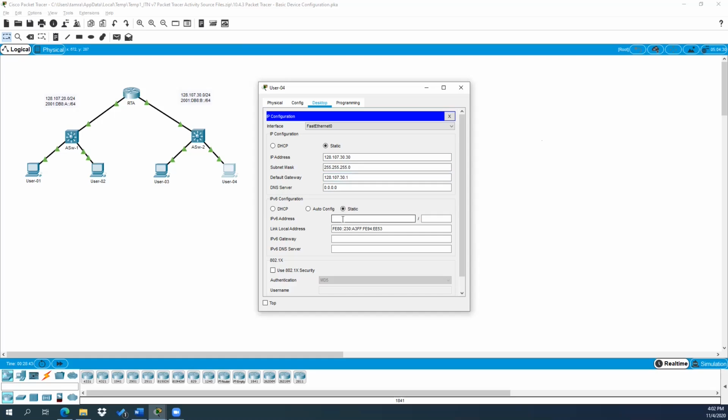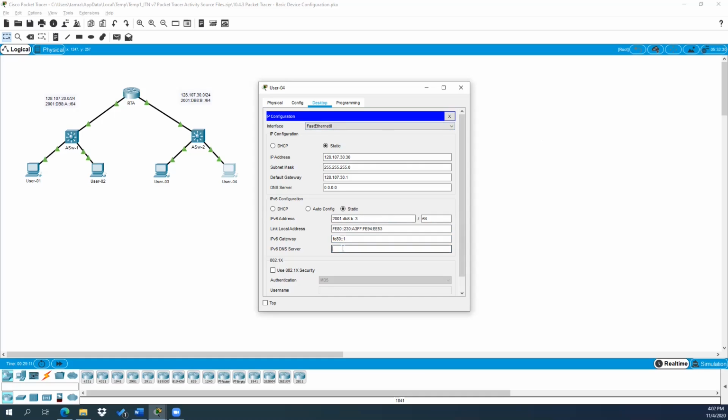And now let's put in an IP version 6 address, 2001:DB8:B:: and we know this one's going to be, we have a 1, a 2, that will make this one 3, and /64. And we need to remember our default gateway, FE80::1,